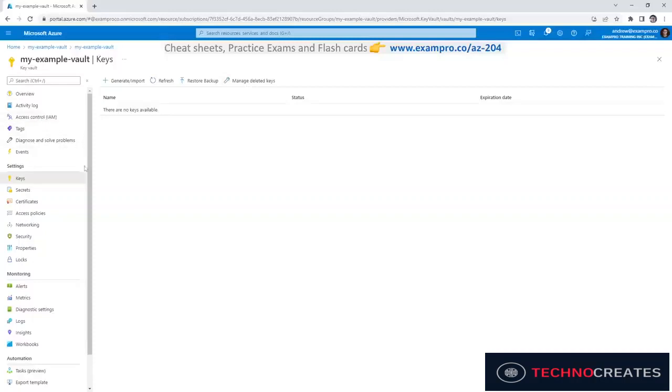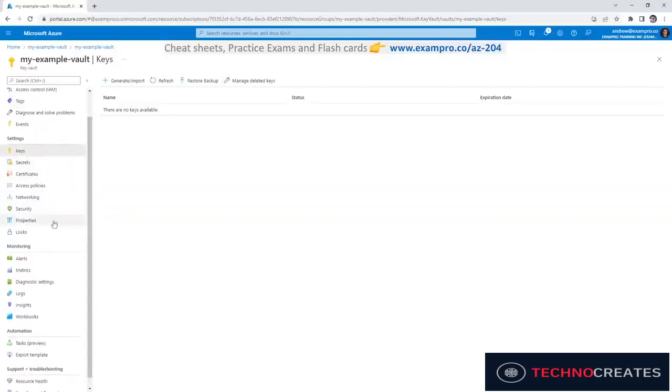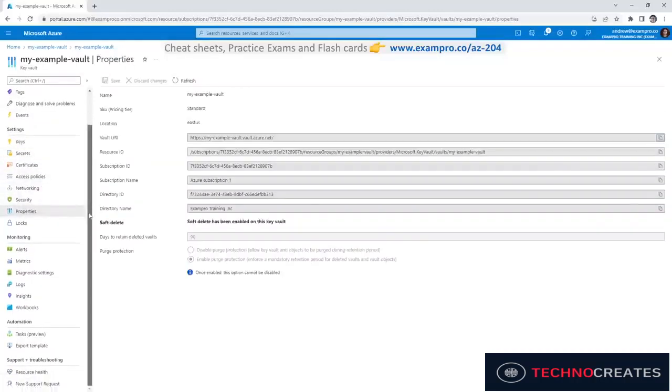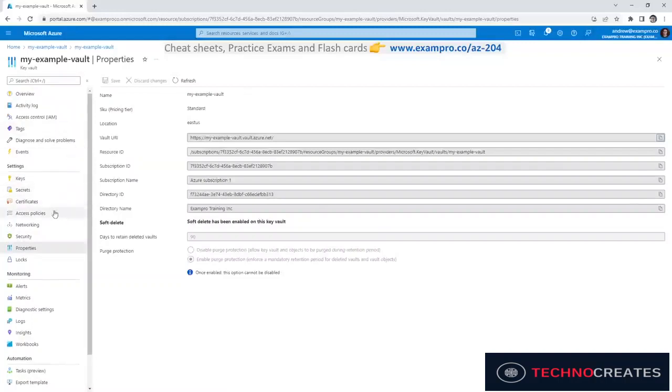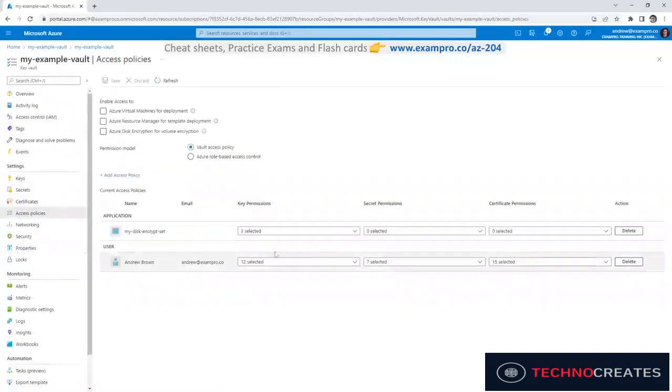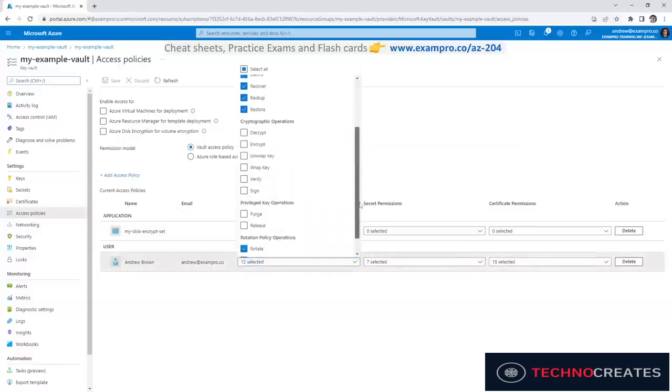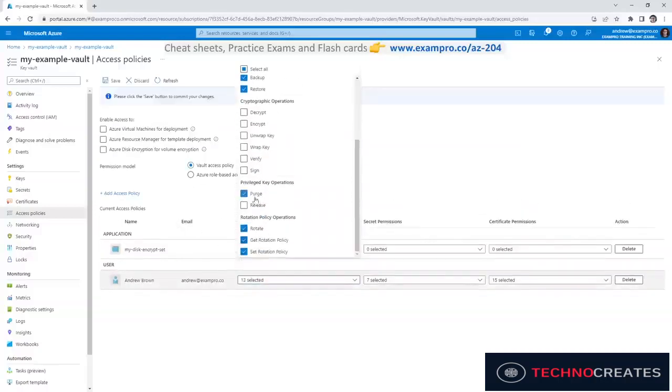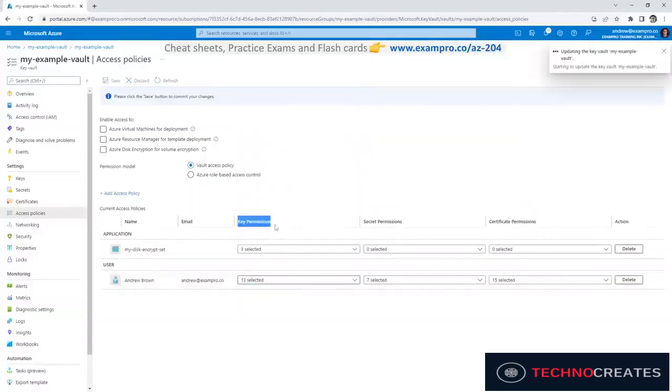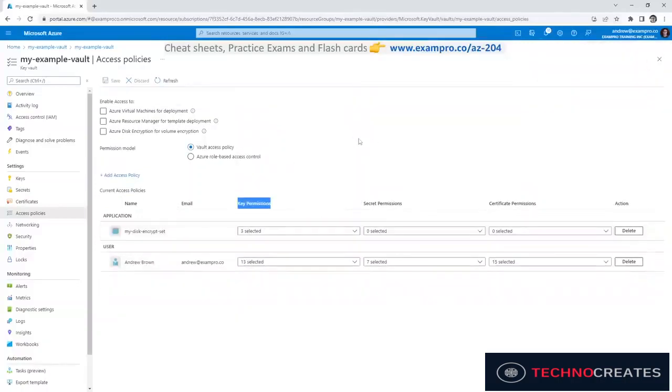There's one other thing I wanted to show you, which is under policies, or access policies. If you look under our user and we look at the key permissions, there is an option to purge. We don't actually have that turned on right now, but if we were to save this and